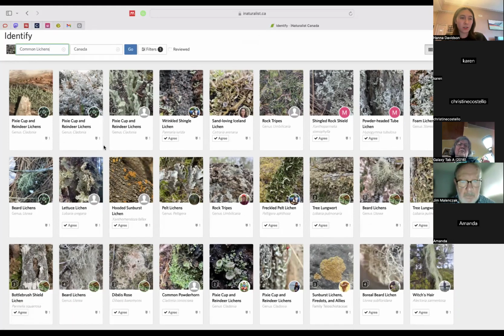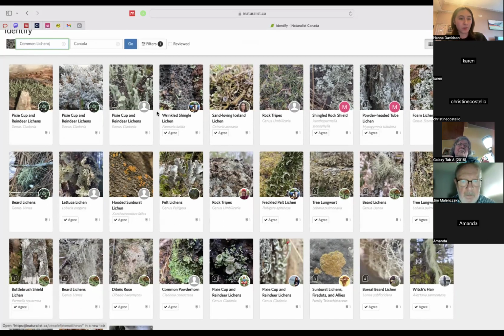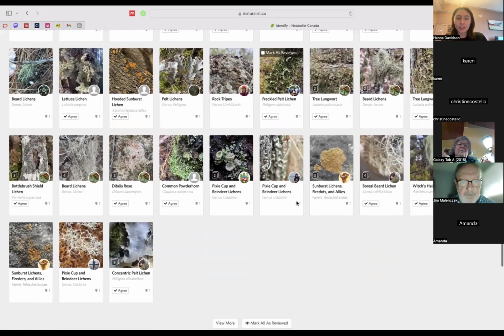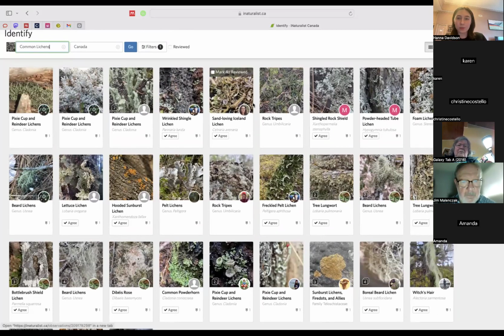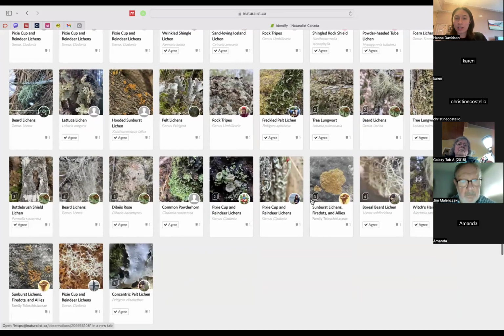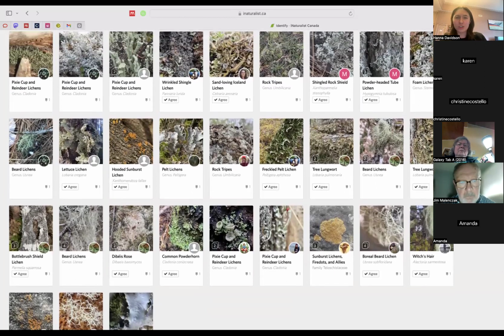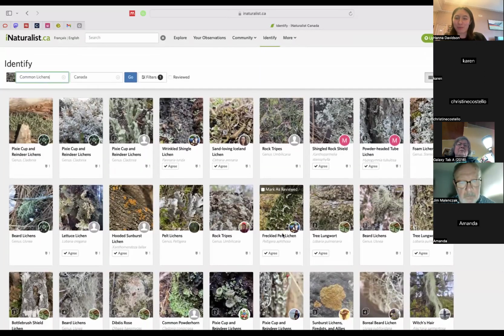So we can see here, these are all the lichens that no one has looked at or reviewed. I think we're in all of Canada. Yep, so there's going to be quite a few. And if I can agree with it just on the species level from looking at it, I can click this agree tab, but I'm not going to because I don't think it's a good idea for mycology in general. But you find some cool stuff in here. Usually on Fridays, I try to go through and make sure that I pick some that I can identify to make my contribution.